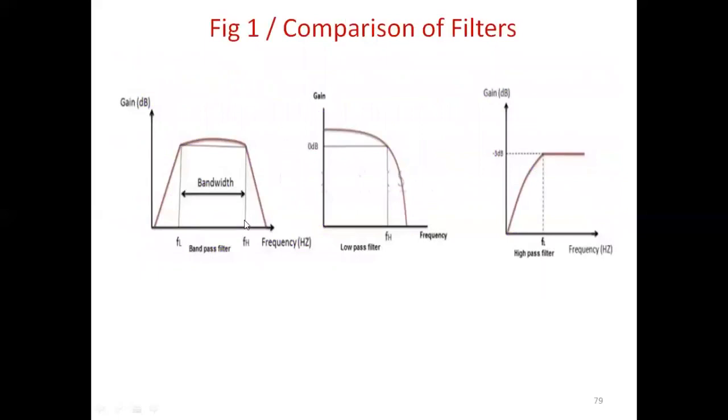See figure number 1. There are three types of filters available. This one is the low pass filter. 0 to FH is totally passed in the low pass filter. In the high pass filter, 0 to FH is totally stopped, then it is allowed for transmission. Here in the low pass filter, 0 to FH is allowed, later on it is blocked. In the band pass filter, FL is available, FH is available. The band of frequency between FL and FH is called the pass band and the filter is called a band pass filter. Bandwidth equals FH minus FL.